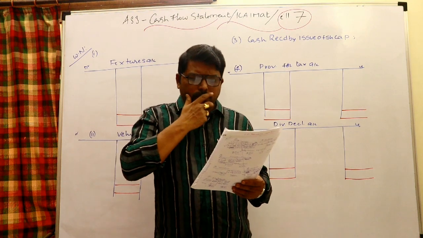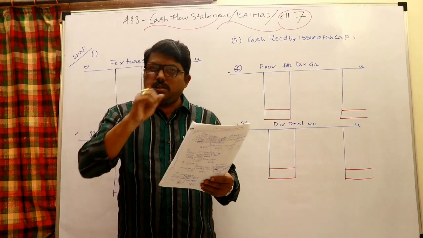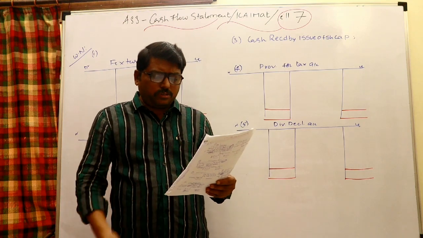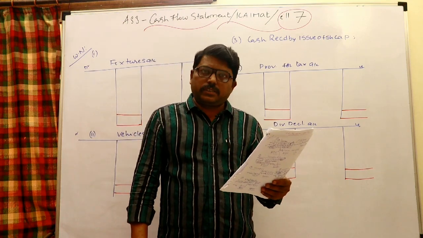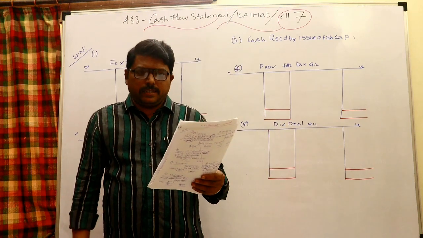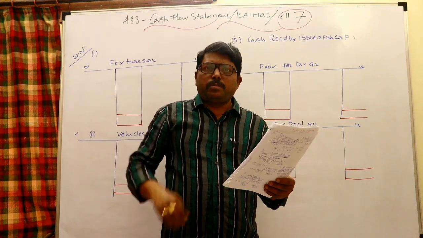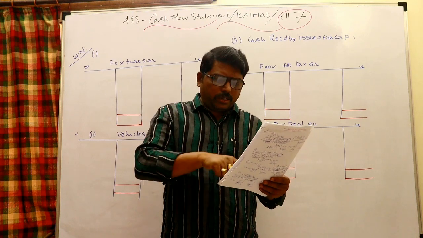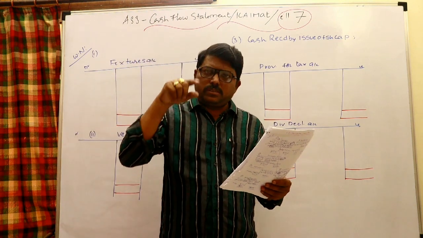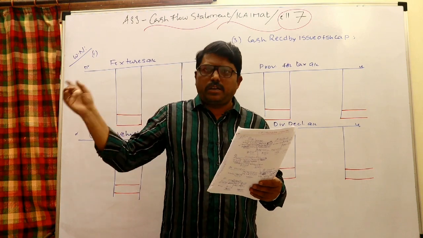If you would like to take 1,000. No sir, I want to take profit after tax, I want to start with 3,000. Then you need not adjust for provision for tax, because you are taking it after provision for tax; you are going to take 3,000 rupees after provision for tax. Provision for tax should be added back, and tax paid should be deducted there. But need not consider the dividend, you can only show it as a financing activity, and need not adjust the dividend to the P&L account, because you are going to take 3,000. If you take 1,000, that 2,000 should be added back, because it is a non-operating activity. But if I want to start with 3,000, that 2,000 need not be added, but I can show it as a financing activity.